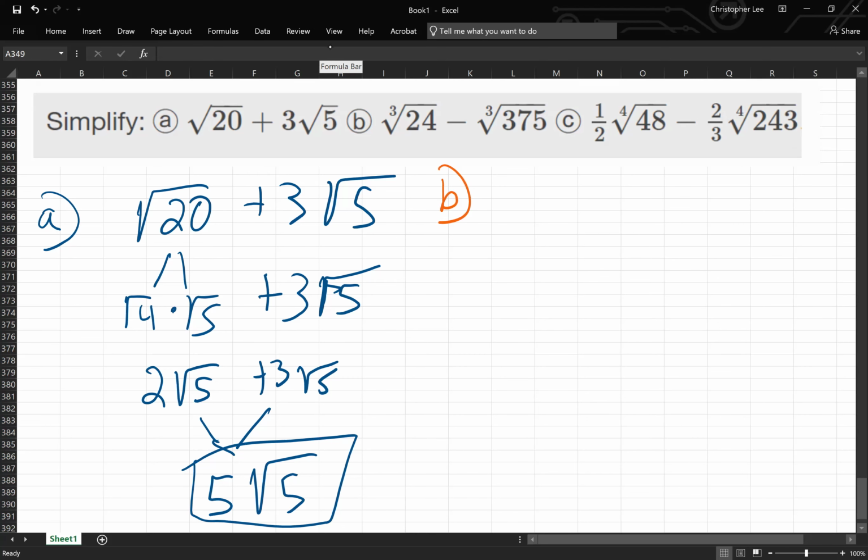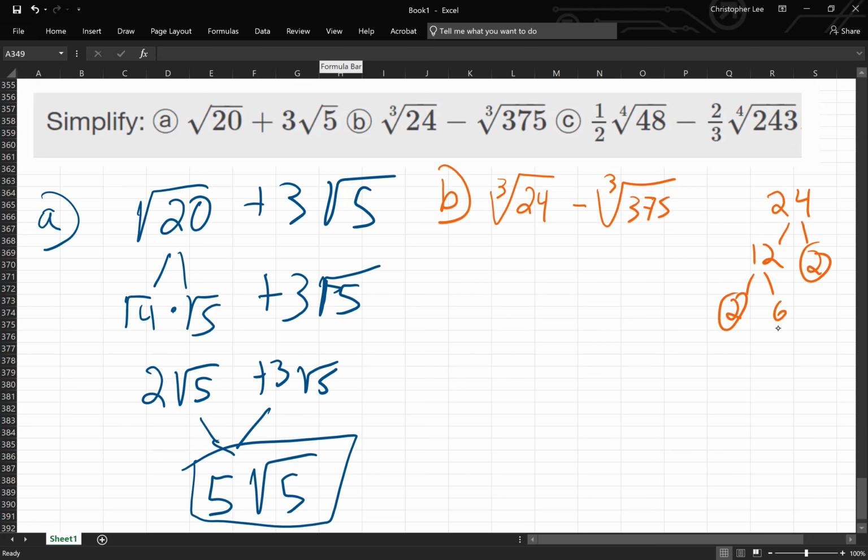Let's see. I'm gonna try this out. So cube root 24 minus cube root 375. Now, I don't really know how to do this, so I'm gonna use my tree. So I have 24, break that down. That's 12 and 2, 2 and 6, 3 and 2. I have 1, 2, 3 twos. So this is gonna be cube root